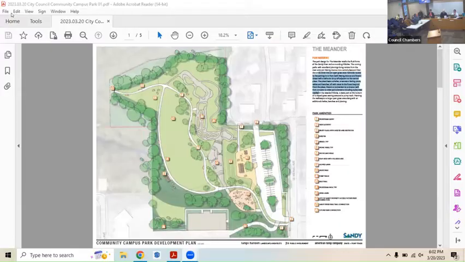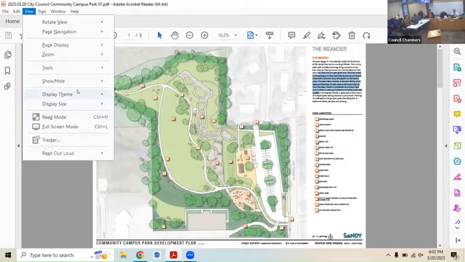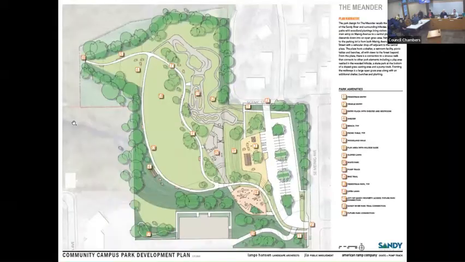So without further ado, I'll hand it over to Lango Hansen and the American Ramp Company for their update. Great, thank you, Rochelle. It's a pleasure to be here tonight to give you an update on the park plans. As Rochelle said, we have been working in earnest on the grant. We're looking at $485,000 for the grant.